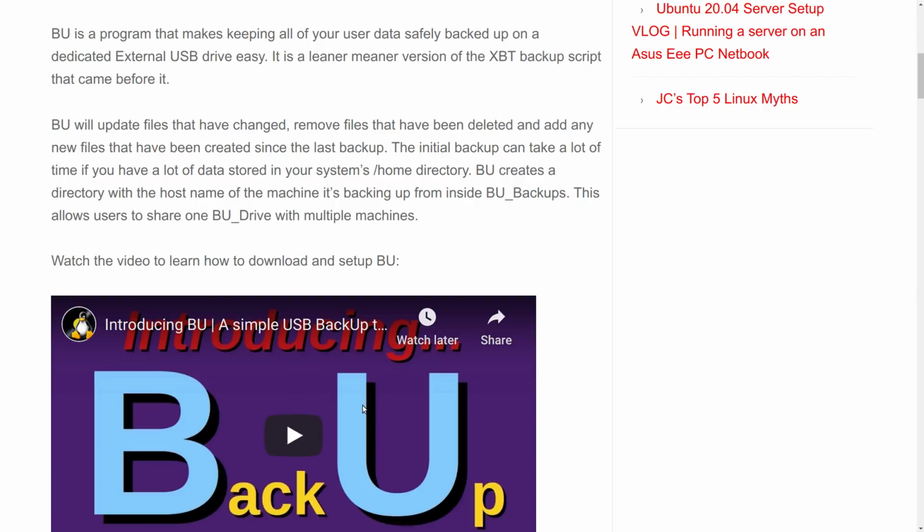It has to be a Linux native file system. You could use BetterFS, ButterFS, whatever you want to call that, or you could use XFS, but really it's got ext4 in mind. And just have an ext4 partition on there, and it will automatically detect that, and then it will create a directory on that drive that is dedicated to your computer, and it will back up everything in the home directory on that computer to that directory and make an exact snapshot of it.